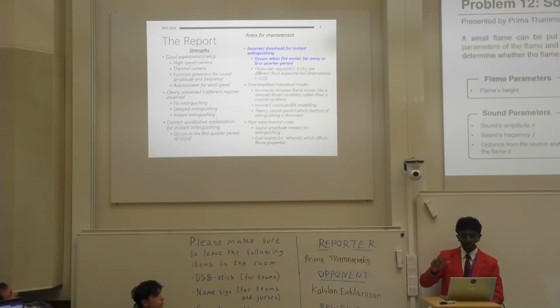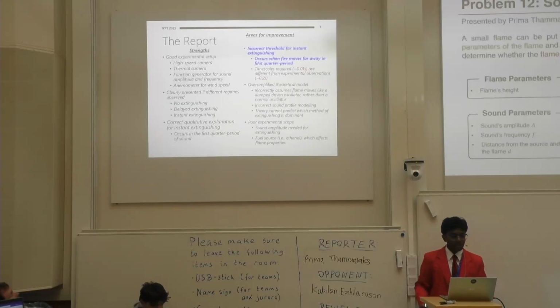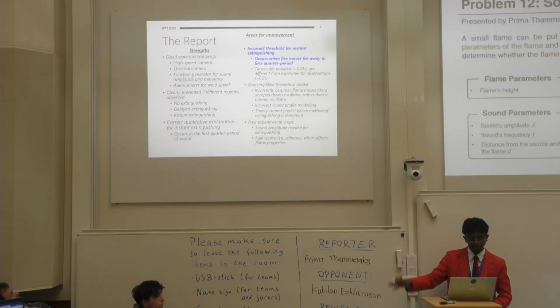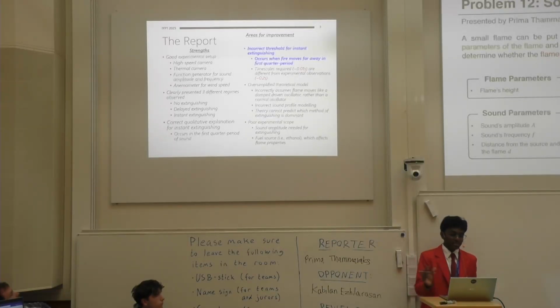They had a thermal camera to measure the temperature of the flame, and they used a function generator for the sound, amplitude, and frequency. They also used an anemometer for wind speed. Using all these methods, I think is quite good as they're able to get good data for the experiments. They clearly presented the 3 different regimes observed, where the flame cannot extinguish, extinguishes over a delayed time,